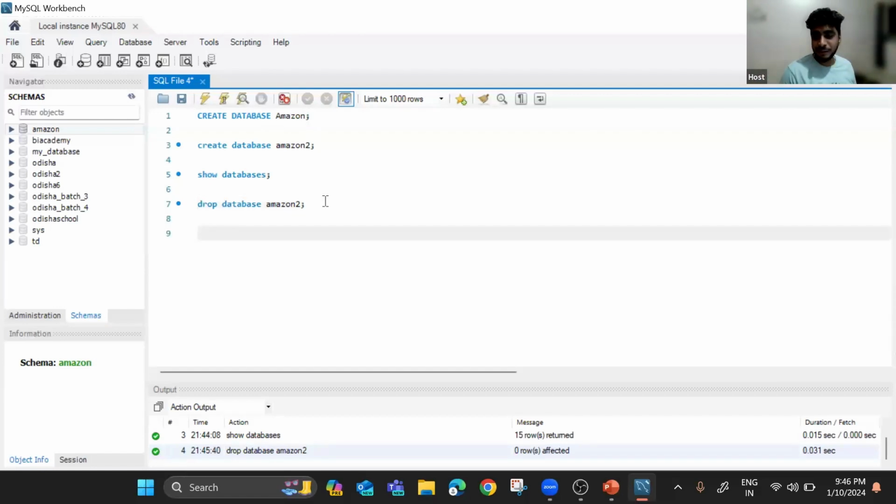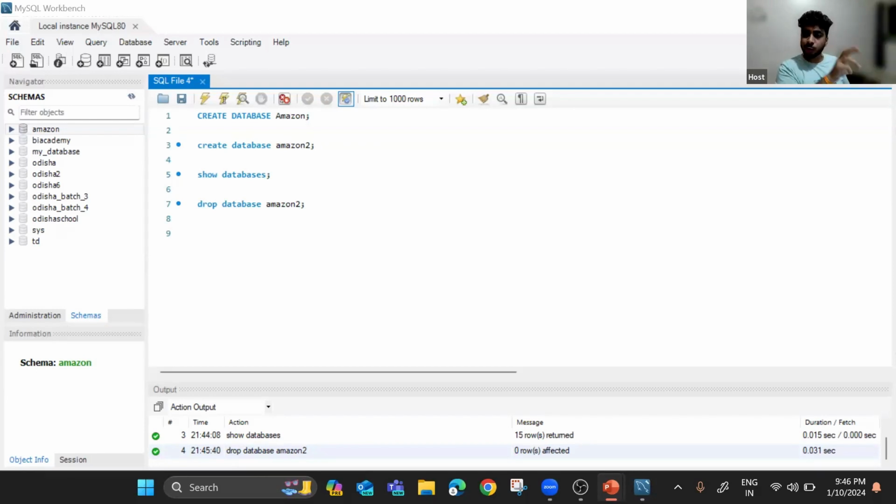ओके, सो कमिंग बैक टू द टॉपिक. अभी मुझे टेबल क्रिएट करना है, राइट? अभी ये डेटाबेस तो हो गया अमेजोन का, उसके अंदर मुझे टेबल क्रिएट करना है. लेट्स से मुझे टेबल क्रिएट करना है कस्टमर का. आई एम अ कस्टमर, मुझे मेरा डिटेल स्टोर करना है, लेकिन मुझे पहले MySQL को, आई नीड टू टेल MySQL